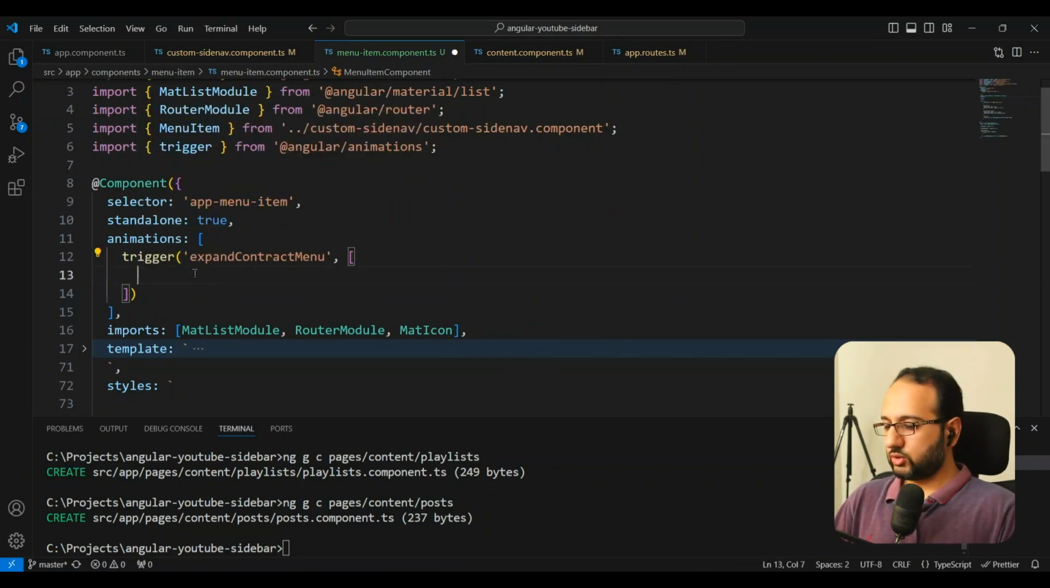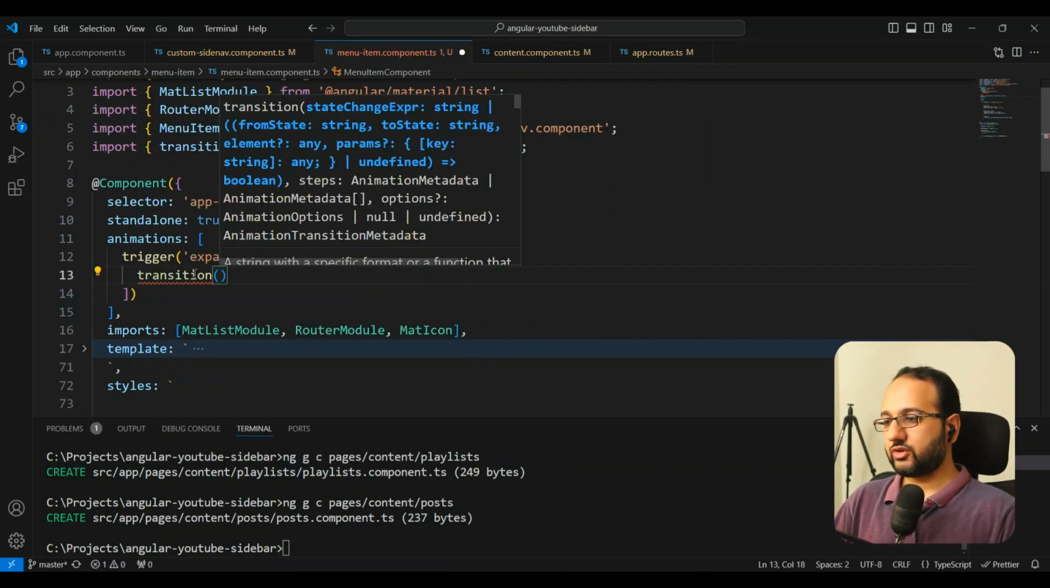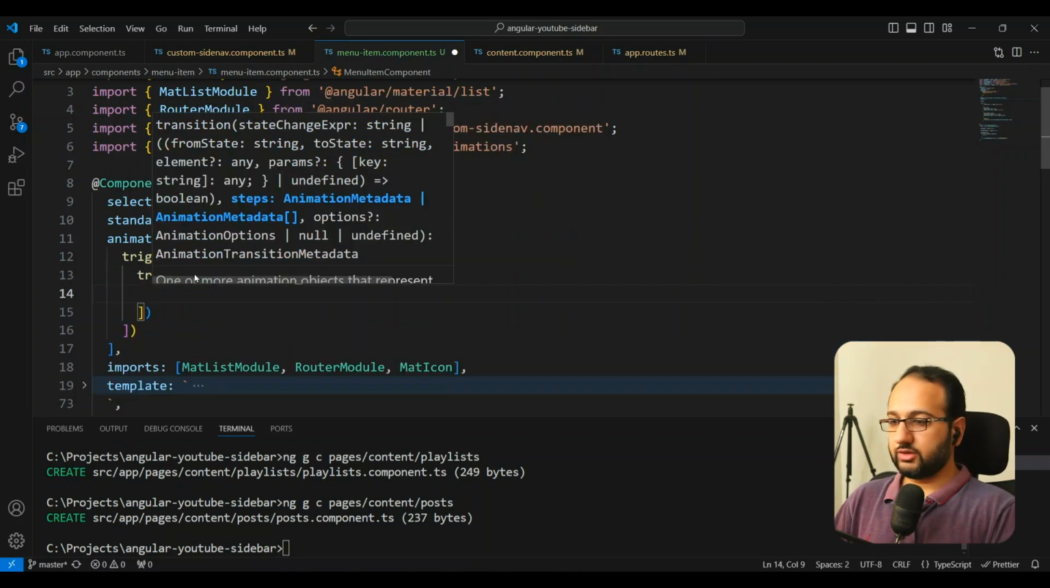array. Then we're going to add our transition. Now this is the benefit of Angular Animations API, that we can transition when entering the DOM as well. We can't do it in CSS. So let's first write enter here, which means when the side nav is going to enter the DOM, what we're going to do. And we are going to add another array here, and we are going to then give the